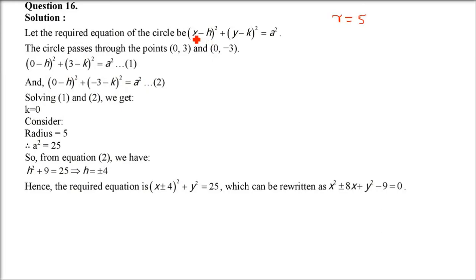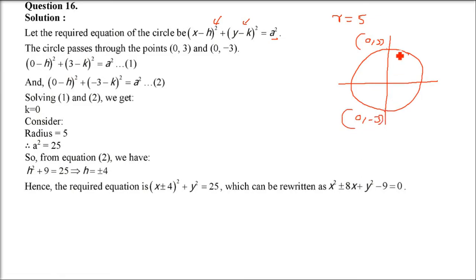So the radius is given as 5. What will the equation be? On either side of the y-axis, it's cutting 3 and 3. That doesn't mean the radius should be 6. The radius is 5, so it is not actually cutting totally. It's making a chord of 3 and 3. This way you can understand, but it's not like this. The center is not in between. So 0, 3 and 0, minus 3 are the points where it's cutting the y-axis.